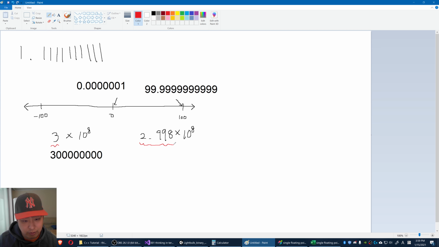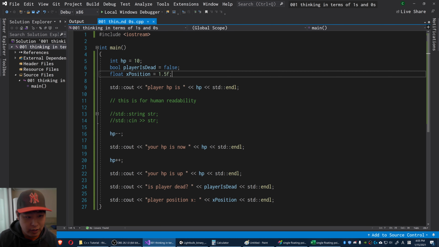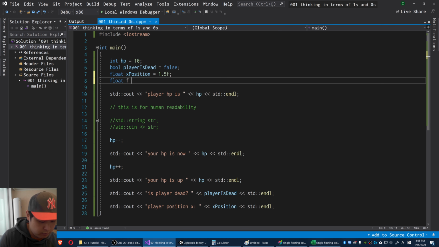This part of the equation, or M, the mantissa, is the part that determines your accuracy. The 2.998 uses more resources, more digits, but it's also more accurate. So you can think of it as a trade-off. For example, when you say something like float f = 4.9999999, Visual Studio is not going to give you the actual real number.